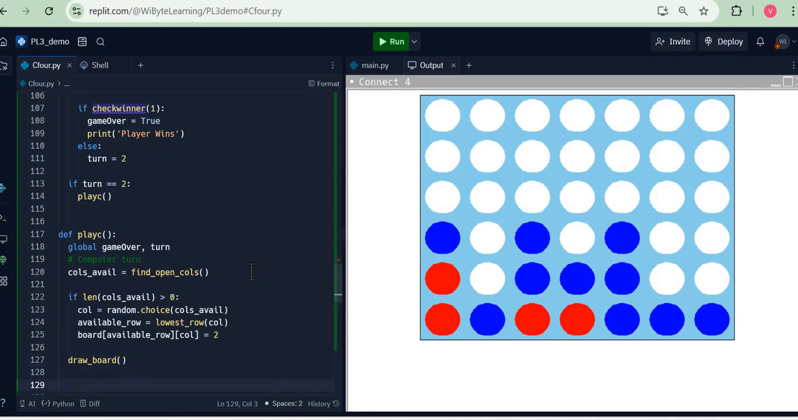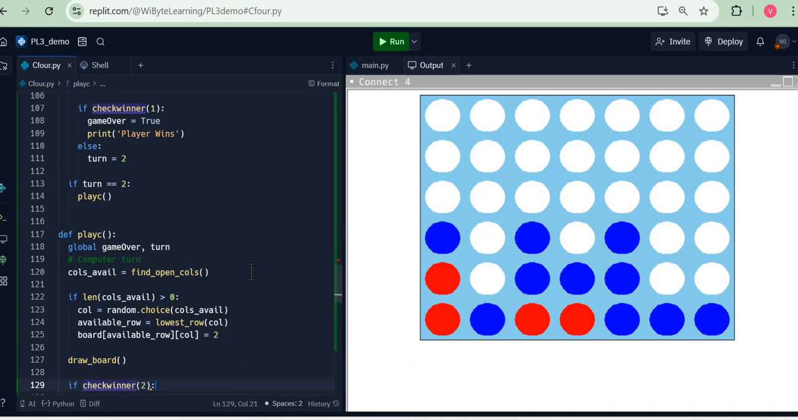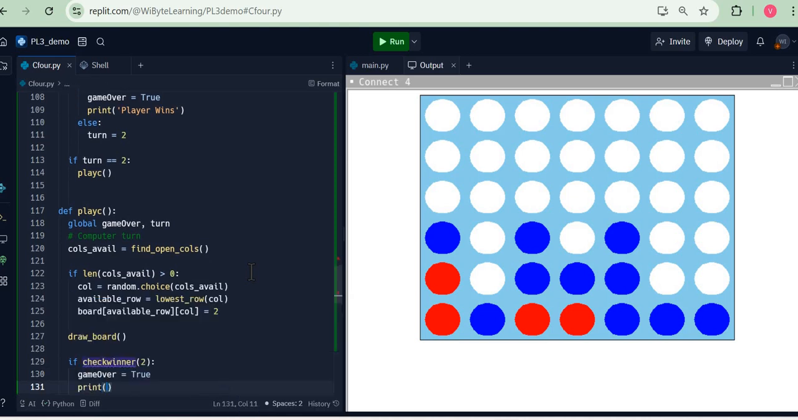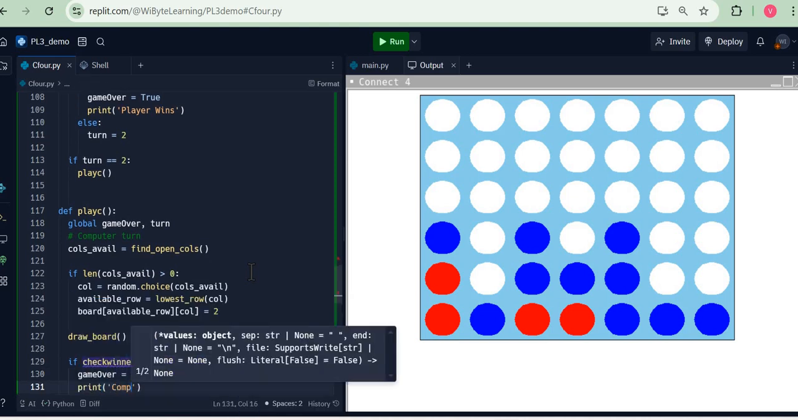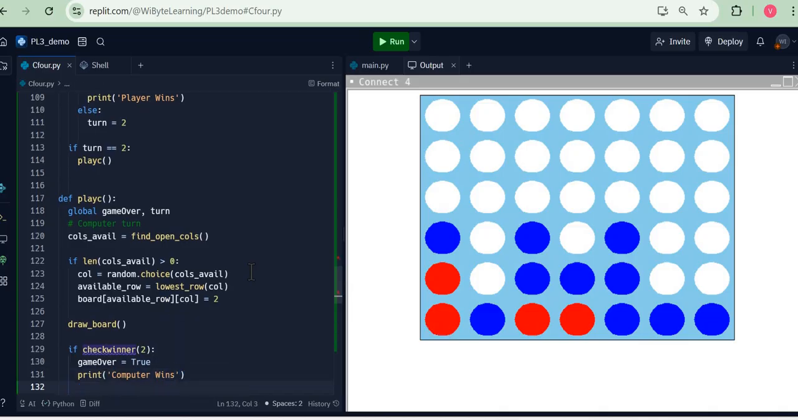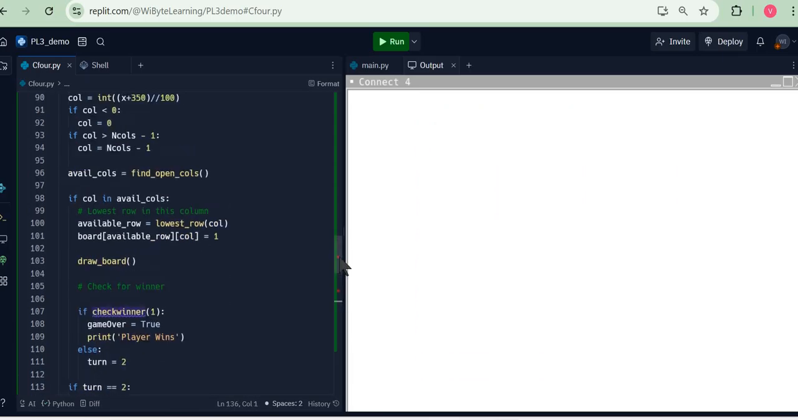I just asked myself a question. If my computer is winning the game, then the game has to get over. So I say, if check winner 2 is true. Check winner is a function we are yet to define. I set game over to true, and I print, for example, computer wins. On the other hand, if this is not the case, I set my turn to, in fact,